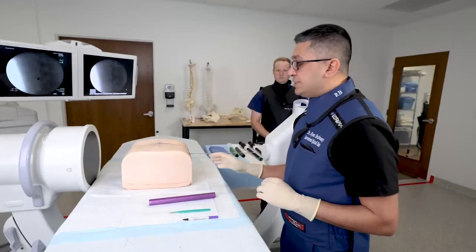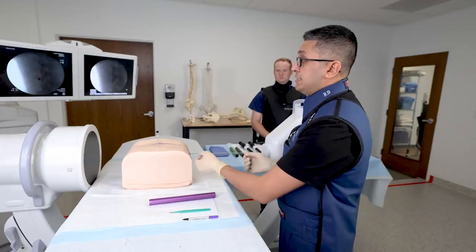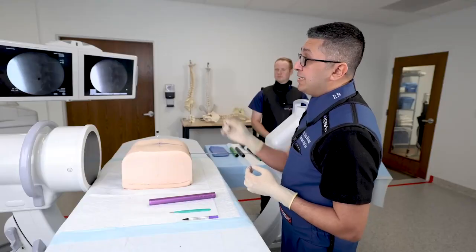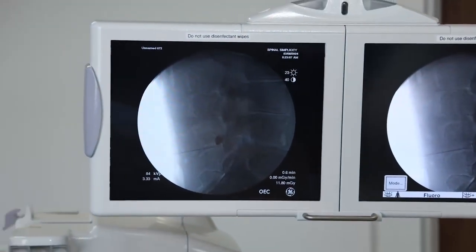So we've made the incision, and the very first step at this point is starting the guide pin down that incision. As you can see on the x-ray there, you see that little dark point, that's actually our guide pin. And it's headed down that landing strip that we had created initially.